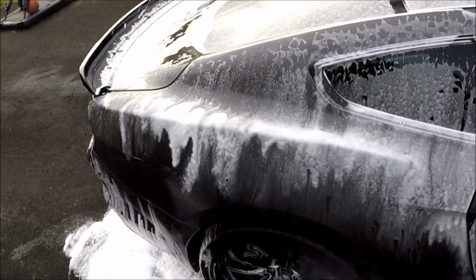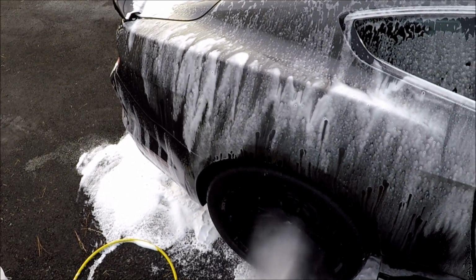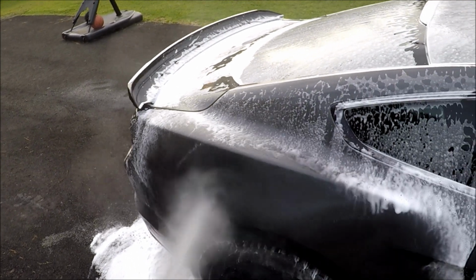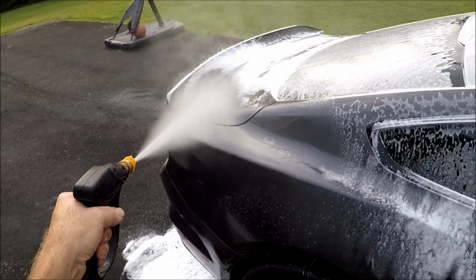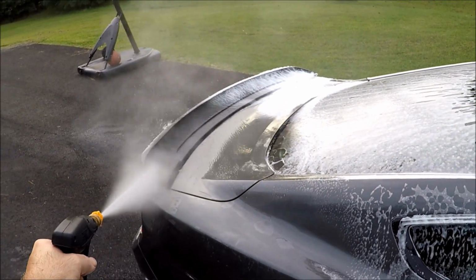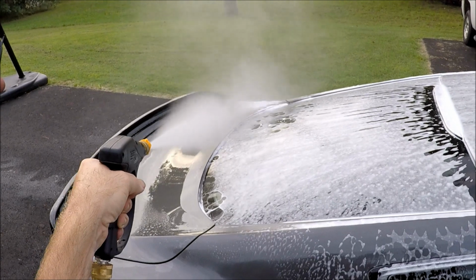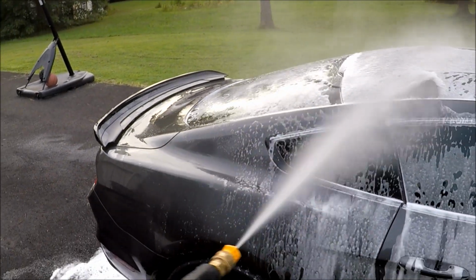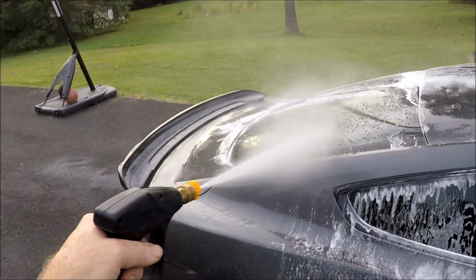Now, the reason why I do this, versus the 2-bucket method, I'll talk about a little bit here. The 2-bucket is kind of the same thing. You're trying to minimize the amount of debris that you're dragging along your painted surfaces. So by doing the 2-bucket, the idea is to have one clean bucket, one dirty bucket,